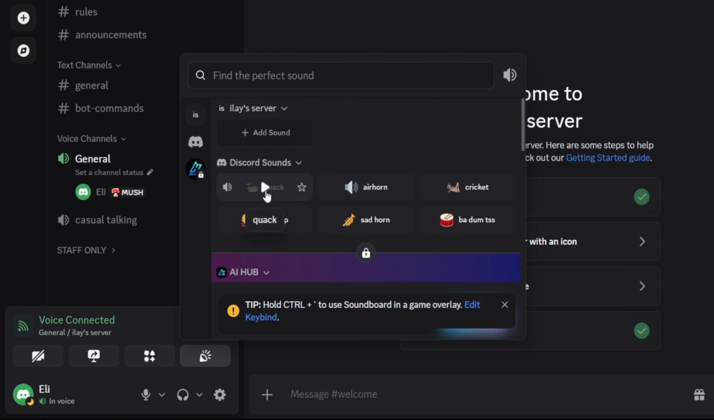So let's give this a quick listen. All you have to do is left click on these sound effects and they're going to start playing. And they're really fun to use when you want to, for example, just mess around a bit with your friends in the voice channel. You can also add your own sound effects if you have the relevant permissions for the